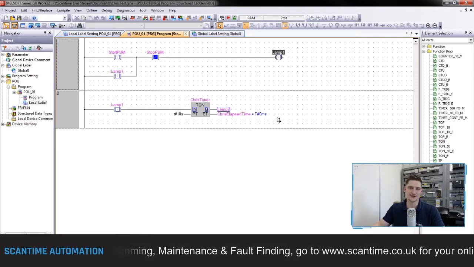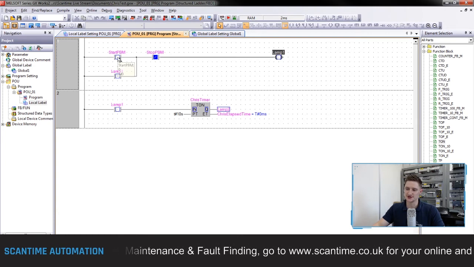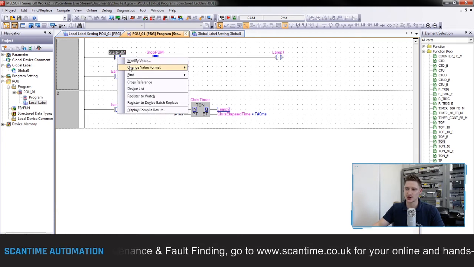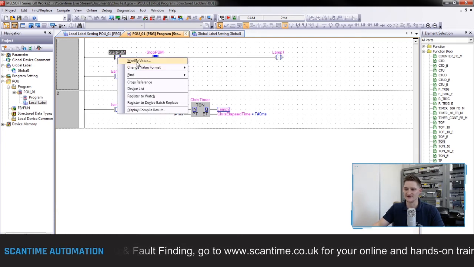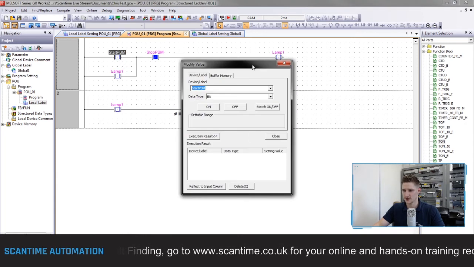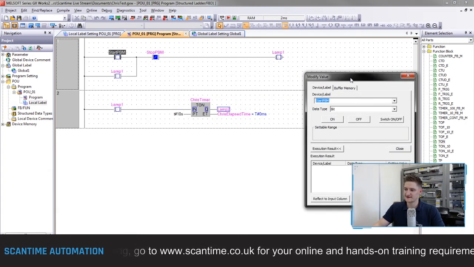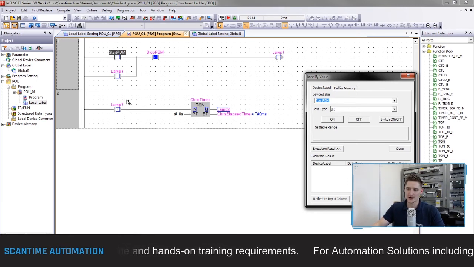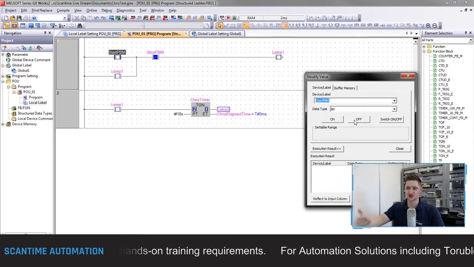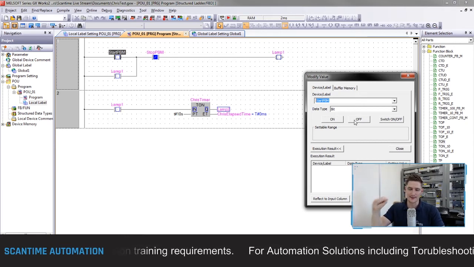So what I want to do is run this project, and to do this, what I'm going to do is right click my start PB and select modify value. Inside of our modify value, you then see our start PB, and you'll be given the option to switch it on or switch it off. And what I'm going to do here is switch it on. When I select this as on, it's then going to turn on the lamp. Our lamp will then latch on, so I can then switch this off again, and the lamp will remain on,